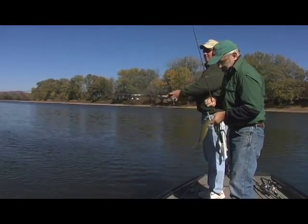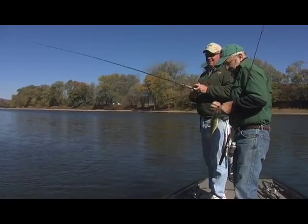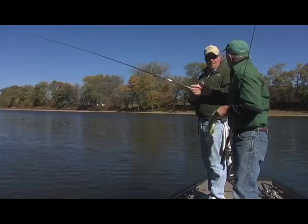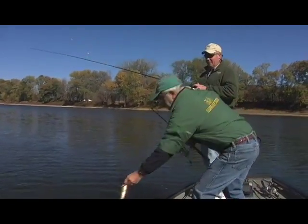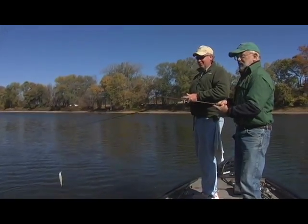And they like this kind of water. Now, again, some of the other things you had talked about, where the calm water meets the fast water, another kind of a break. We get current breaks. We've been finding them the last several days,